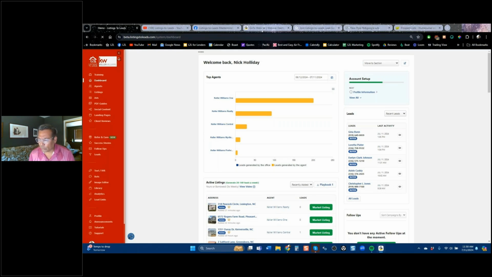Does Facebook charge for the landing pages? Yeah, so you can run ads on properties, on PDF guides, and on landing pages. If you're running ads on a "what is your home worth" landing page, those are the most expensive leads. Those often cost $12 to $15. I hope that makes sense.